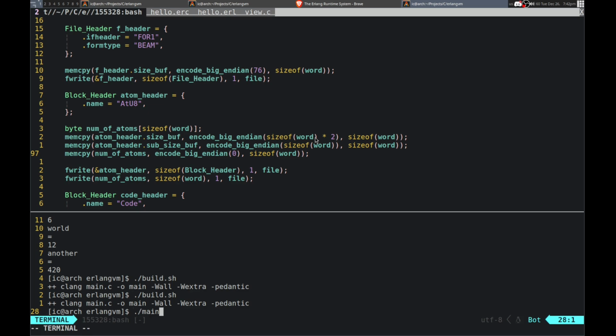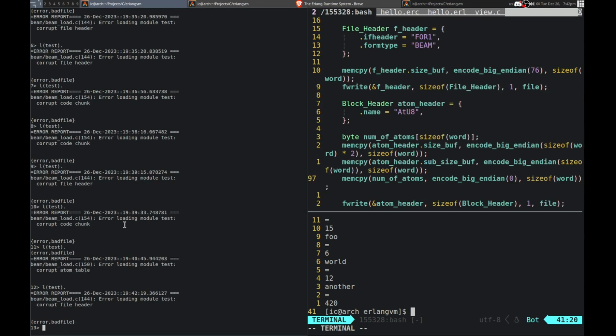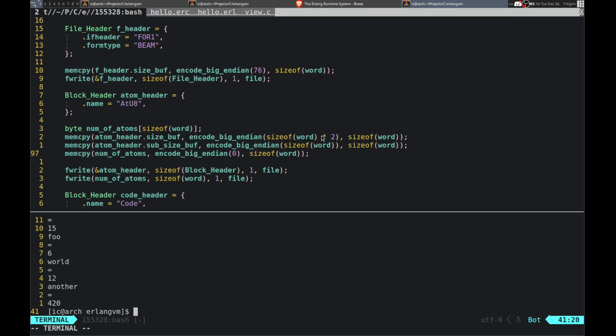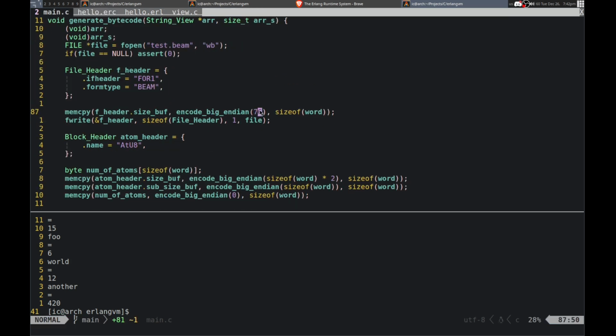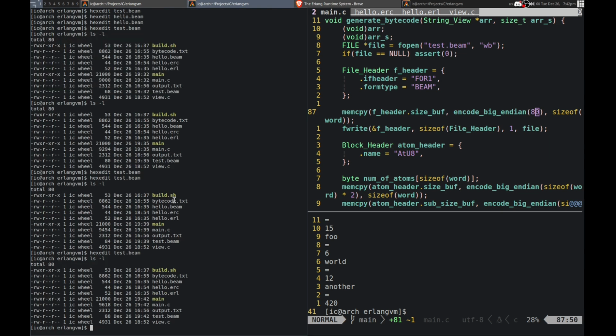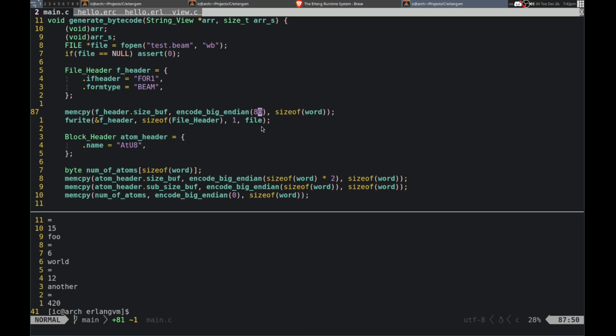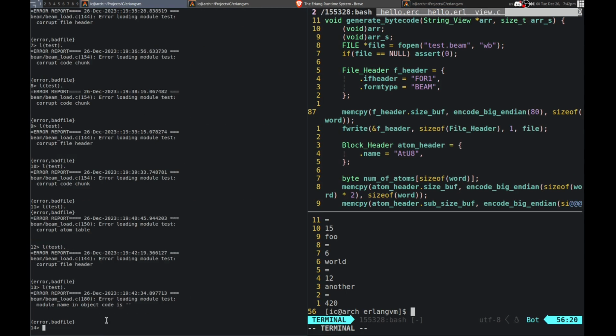Let's see. Corrupt file header. Oh yeah, so I need to extend the file header again by, what is it, 4? Let me just make sure. Test.beam is 88, so yeah, 4. That was right. Let's see. Module name and object code is that. Okay, so we are making some progress.